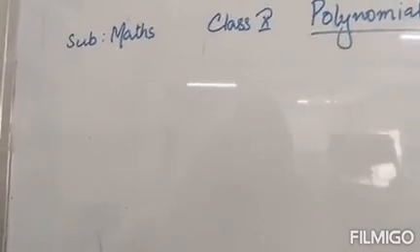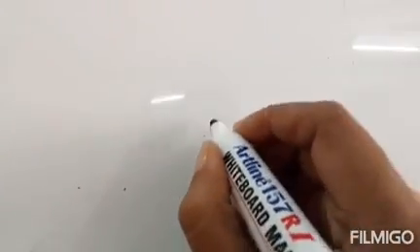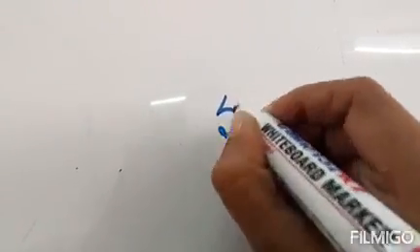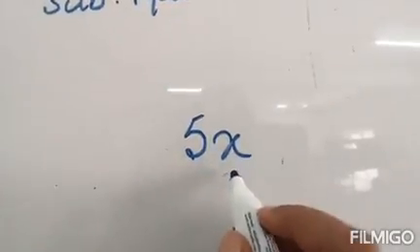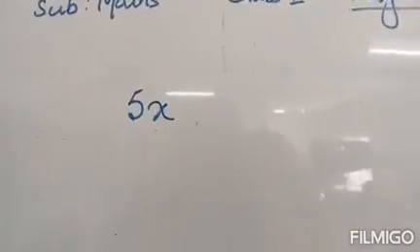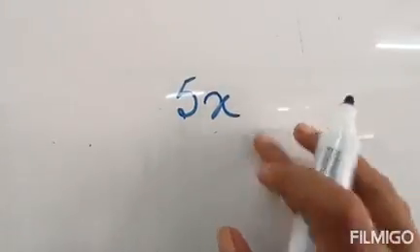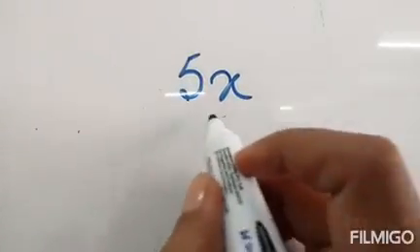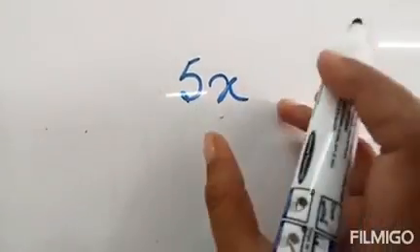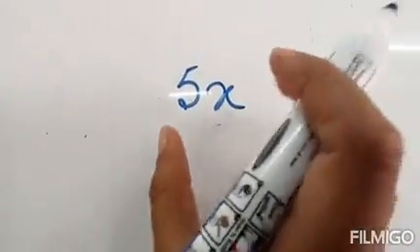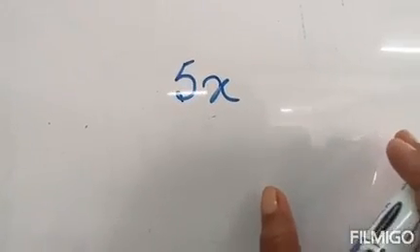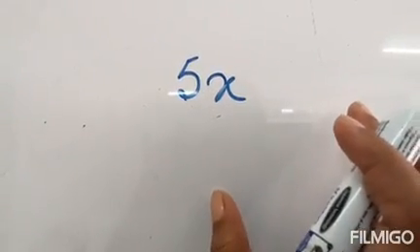Now to begin with, when I speak about polynomial, first thing that I want to share is what I understand by polynomial. Suppose if I give you a term, 5x. Now what is this 5x? Is this a polynomial? What are the factors that will characterize a term as polynomial? Now see, if algebraic terms are threaded together, more than one term, we say it as polynomial. Poly means many, and nomial means term.